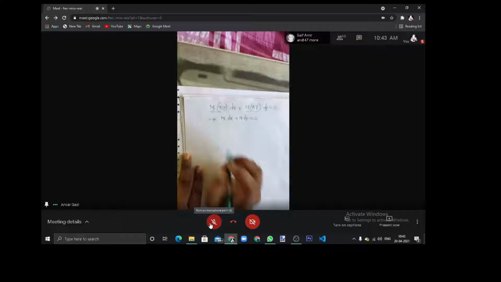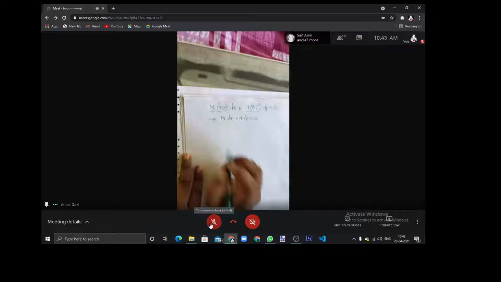Using the chain rule, d of u times v is u times the derivative of v plus v times the derivative of u. So y dx plus x dy. If we integrate both sides, xy equals c. This is the solution of the original differential equation. So that differential equation is exact because its solution can be written in this form, and this is the solution ultimately.